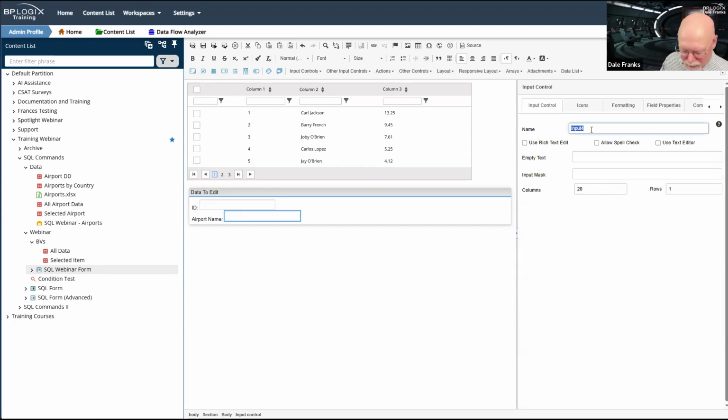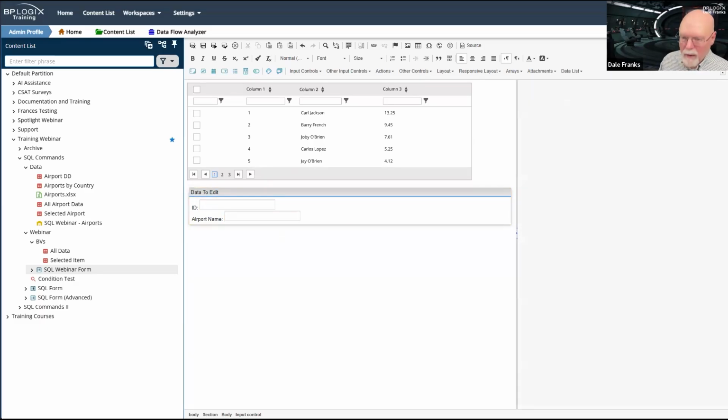We're going to call this airport name. And airport code.